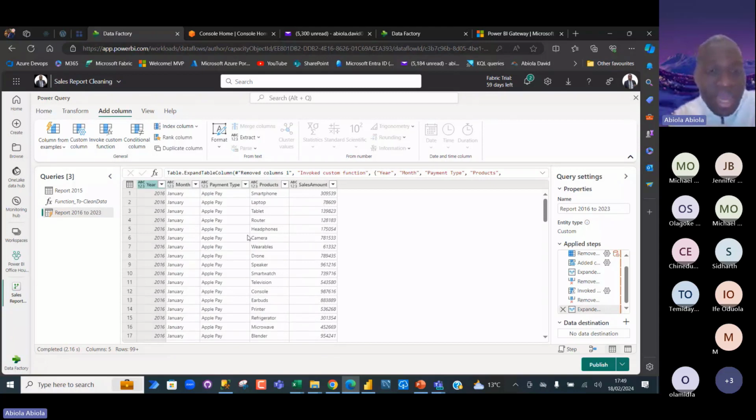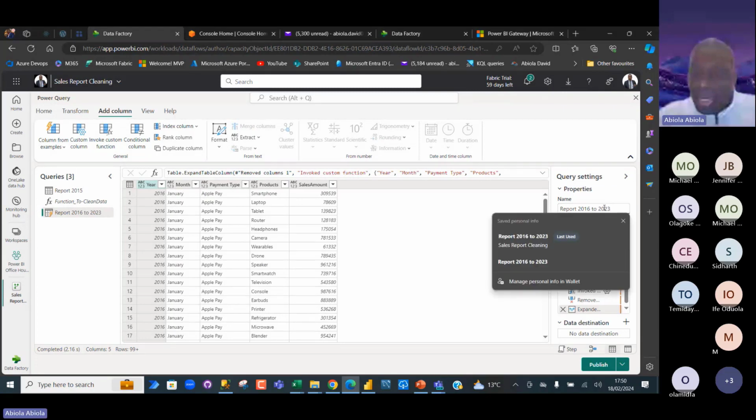So the data has been cleansed, and at the same time we appended them, we stacked them on top of each other, just like we do with the merge. Then let me just rename this. Let me just call it F transaction. Okay, and then click enter.